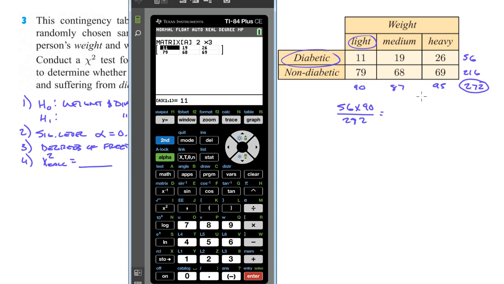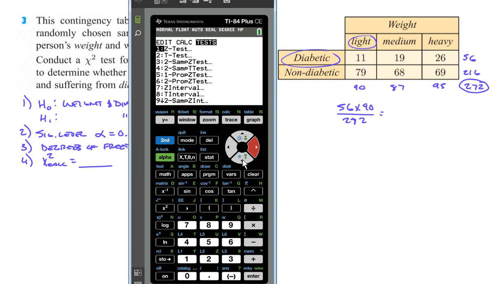And again, instead of going through and hand calculating all of these cells, the graphing calculator will actually tell us what each one of those cells is supposed to be. So just to show you how that works, because this is actually going to help us figure out the chi-squared calculated anyway, we're going to go back into matrix. Second quit, get out of there. Now second matrix, oh actually we already have it in the matrix, sorry. So we want to go to stat, go over to tests, and we go down to